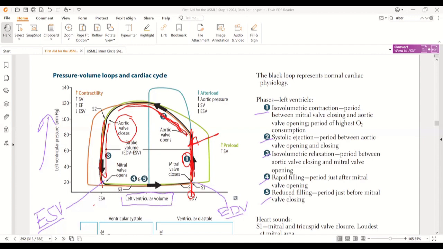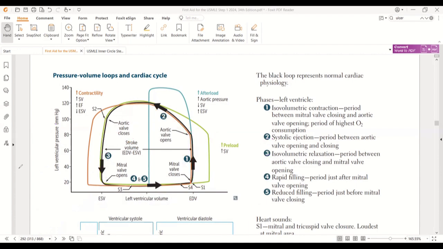So after that, this isovolumetric relaxation takes place. After the isovolumetric relaxation,